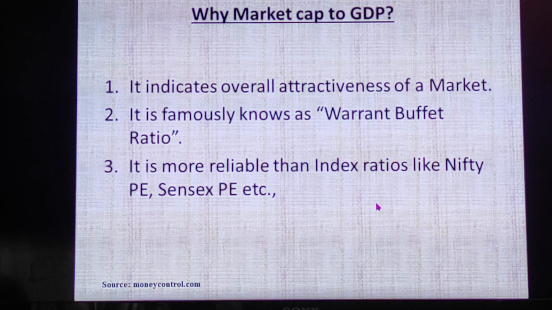Some people use Nifty PE and Sensex PE to know whether the market is undervalued or overvalued. In my opinion, that may not be a relevant idea because we have more than 4,700 companies traded in our country. This Nifty and Sensex PE takes into account only the top 30 or 50 companies. How can we take only the top 30 or 50 companies' ratio to make an investment decision in a country where there are more than 4,000 companies?